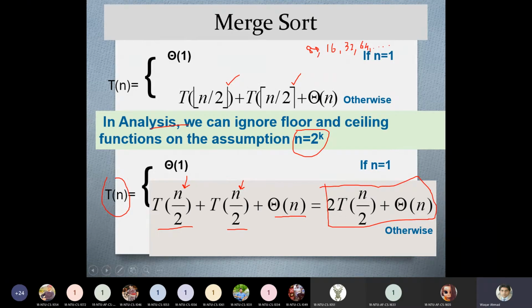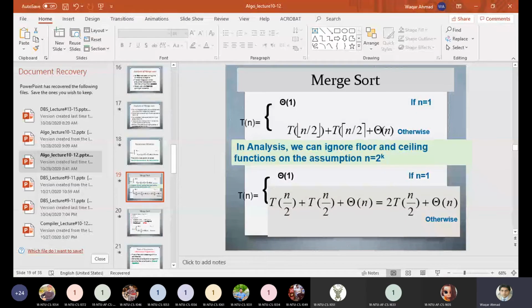Now I am going to leave this discussion for some time, and you can raise hands if you have questions. Any question, you can raise hand. What we have done so far is we have converted the merge sort algorithm into a form, and this form is known as recursive equation or recursive relation. Any question from this discussion?